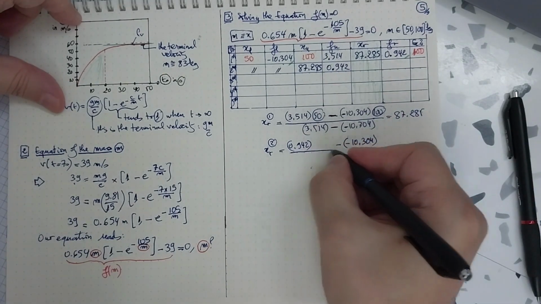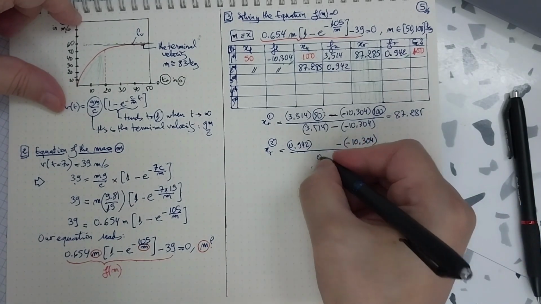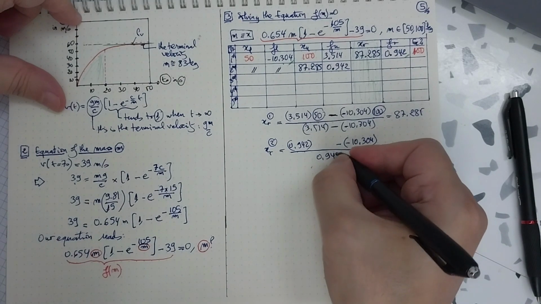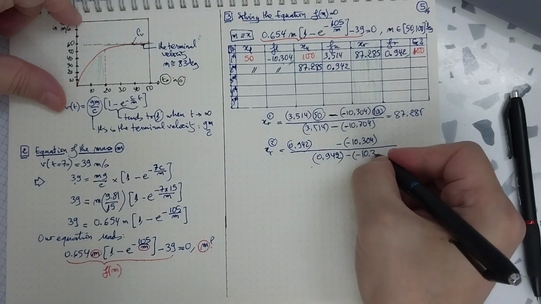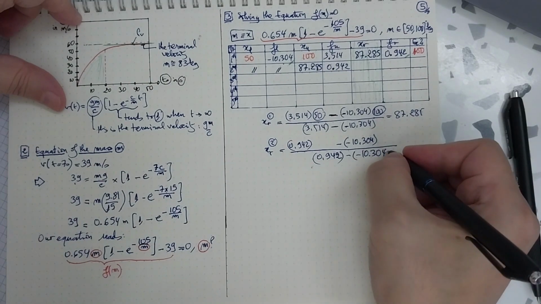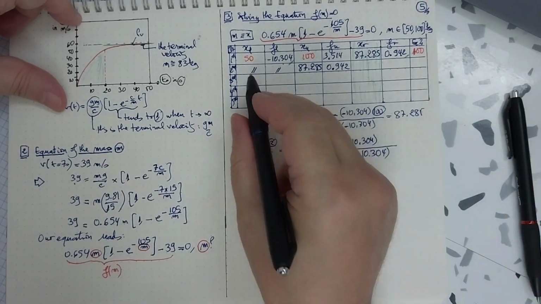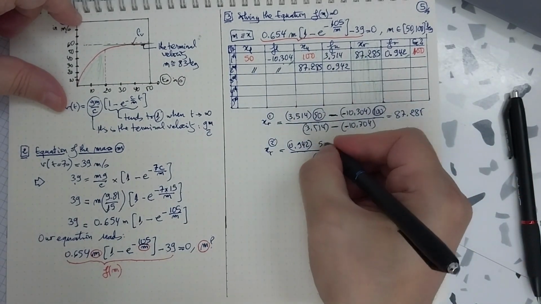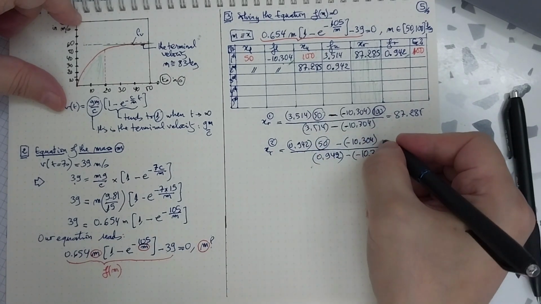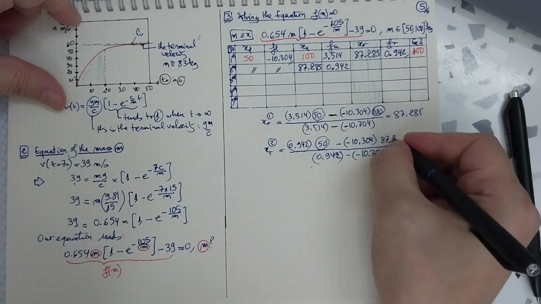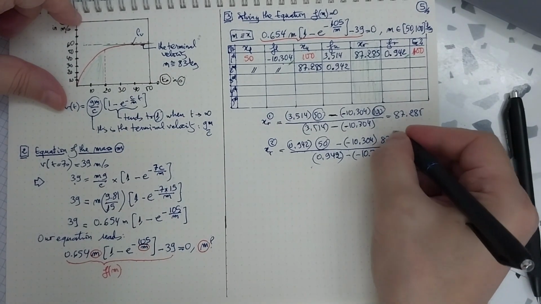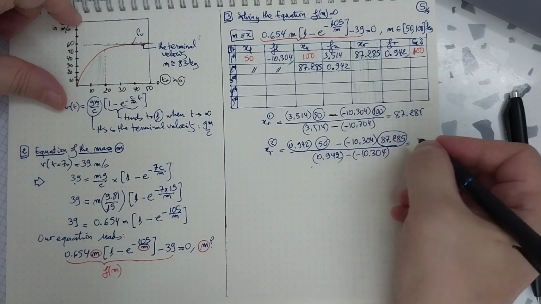And in the denominator, same, 0.942 minus 10.304. And XL, XU: 50 and 87, the new upper bound, 285. And I found